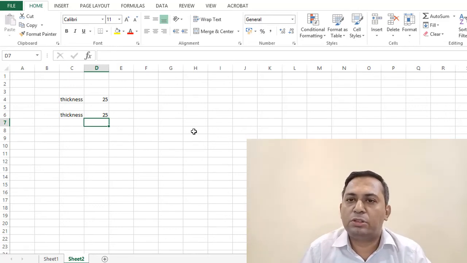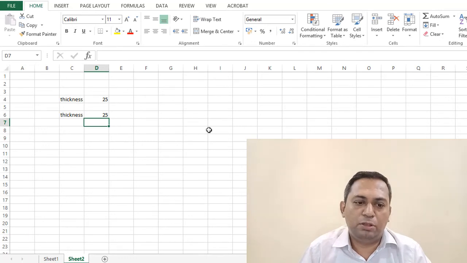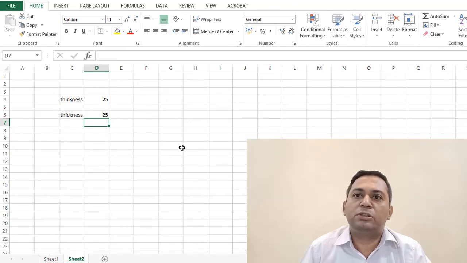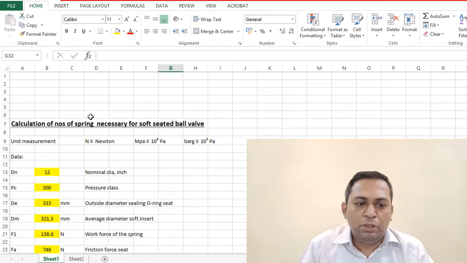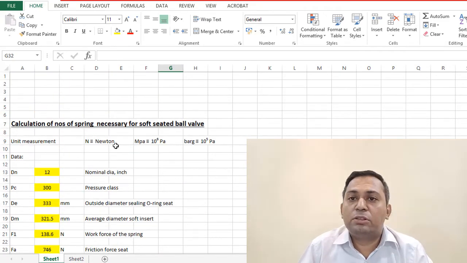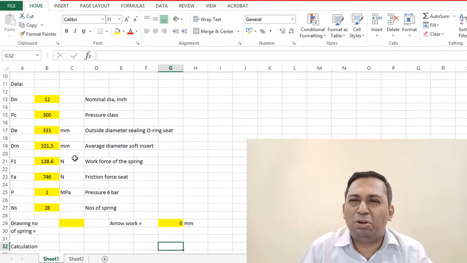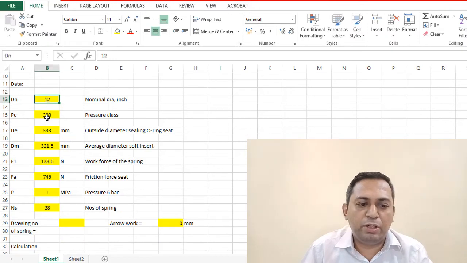Okay, I will show you a little more complex formula where we have used this technique, and you will see the difference of how to work in a much easier way. Here, this is basically the calculation of the number of springs for a soft seated, tunnel mounted, soft seated ball valve, 12-inch 300.